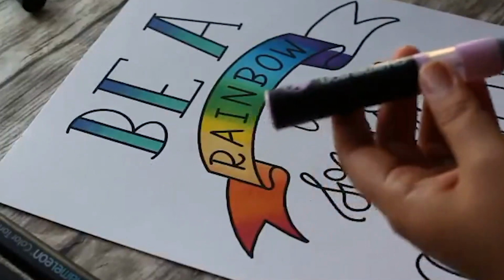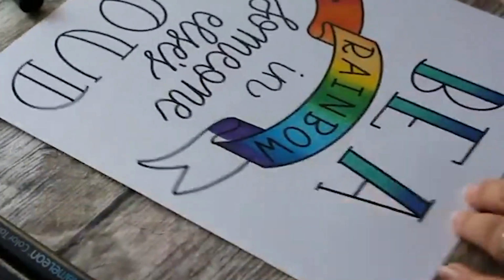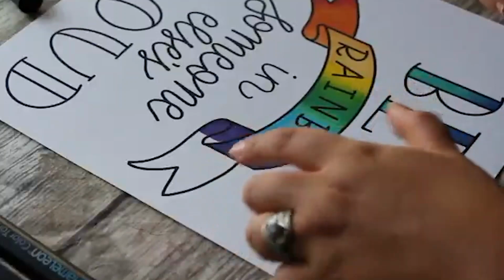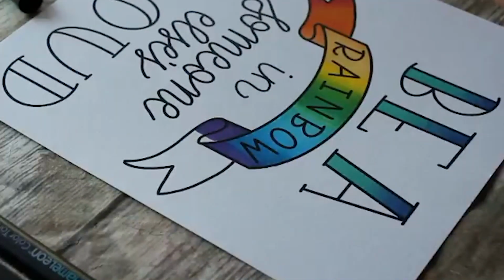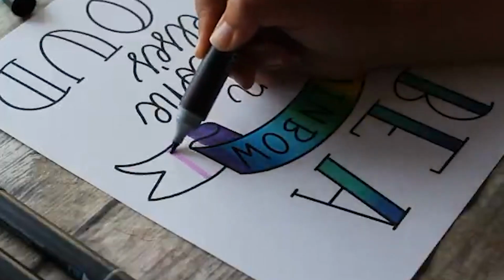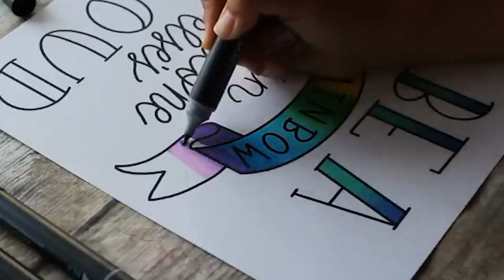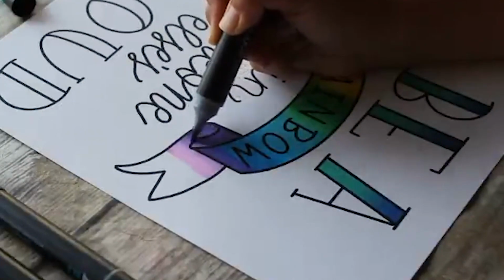Now I'm going to use a lighter pink to go on top of the purple. And again, I'm going to turn my piece around so that I can go from light pink to purple. And I'm waiting a little bit longer because, like I said, if you go from a really light color to a dark color, sometimes it takes a little bit longer for the light color to really show up. So I'll start here. And see, you can already see that the purple is showing through, which is okay,